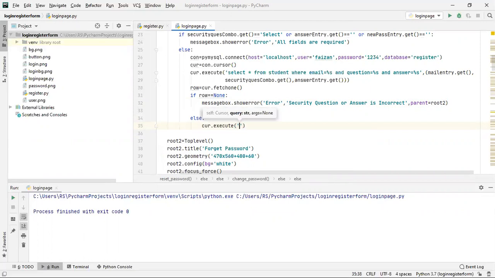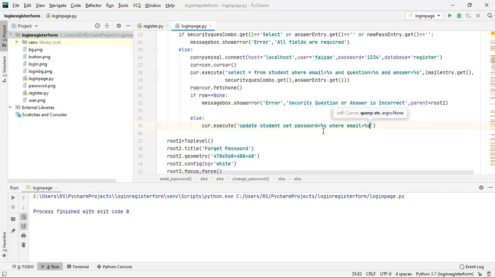So the query, I'll write update student table, set password equals to %s, where email equals to %s.